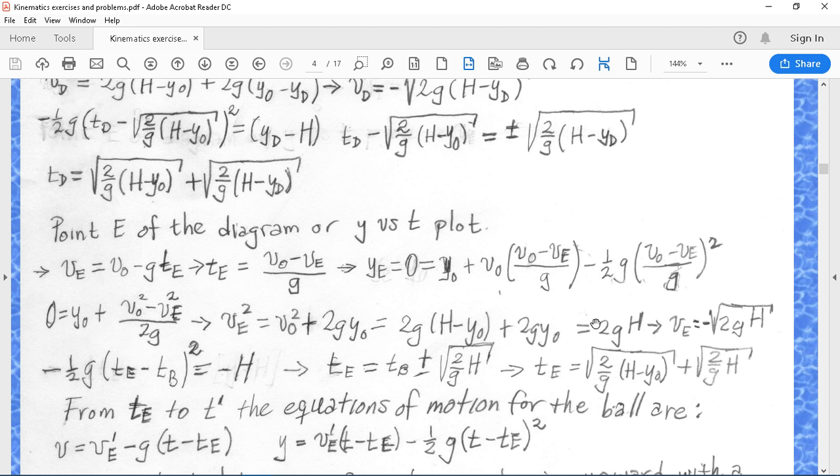Doing the math and simplifying, remembering that V0 is the square root of this,